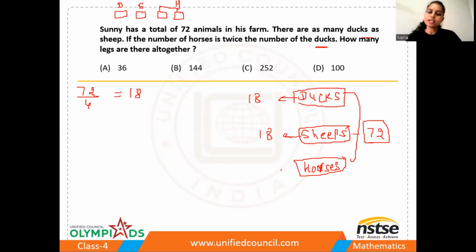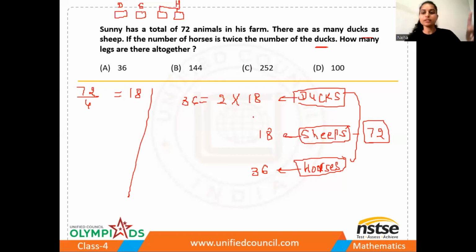How many horses are there? The remaining 36. That means the 2 pairs of 18 and 18, right? Which is equal to 36. Now the question is asking for number of legs together. So how many legs does one duck have? 2, right? So if one duck has 2 legs, then 18 ducks have 18 multiplied by 2, that is 36